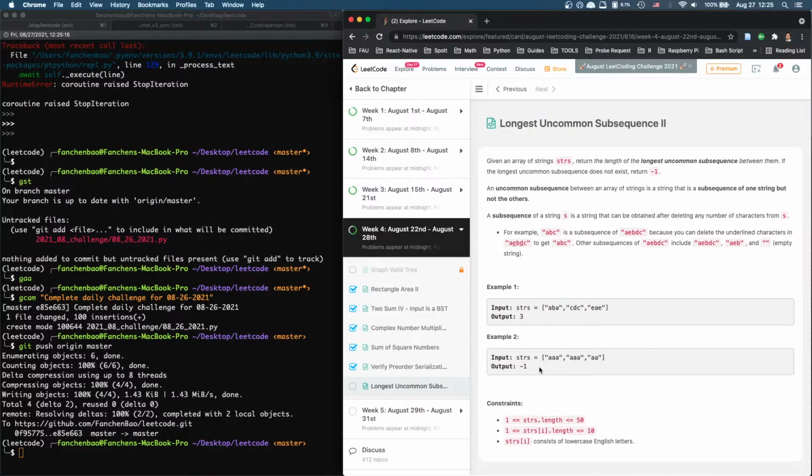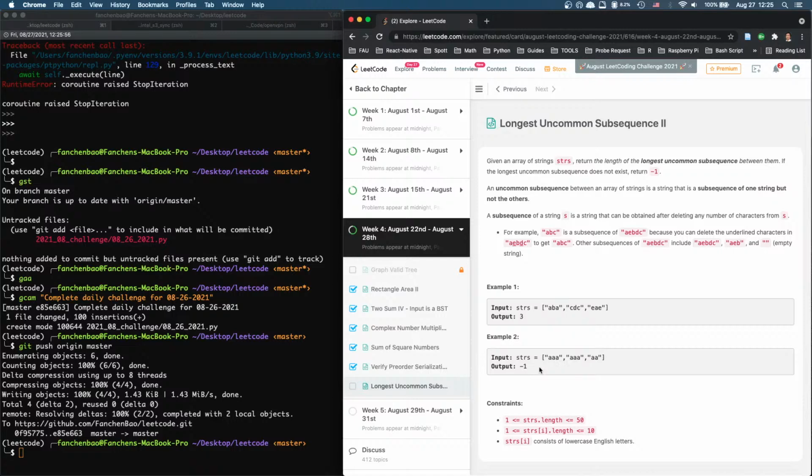Like if I say two strings have 0 common subsequence, then that means the entire string is the longest uncommon subsequence. If two strings have something in common, like say 1 in common, then the entire string will be. So the only time,